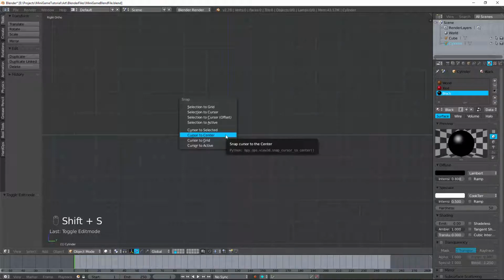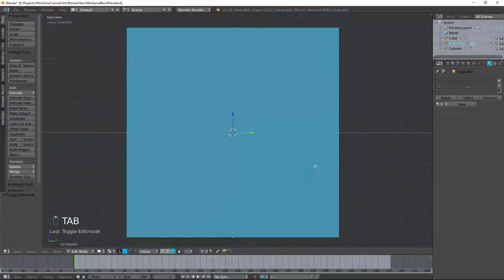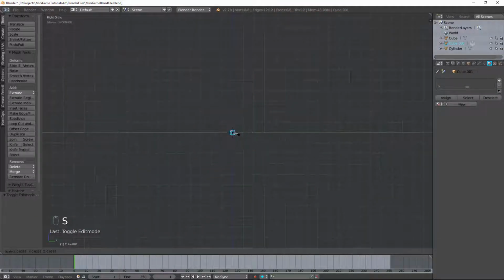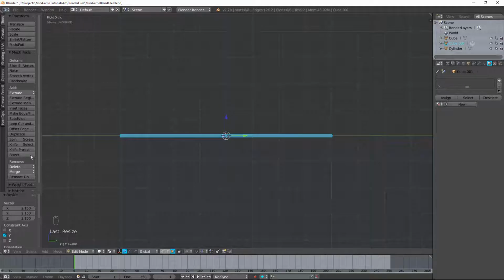Hit Shift S, make sure the center's still there. Shift A, let's make a cube. Tab into edit mode. Never edit something outside of edit mode. I went ahead and scaled that cube down, so this is going to be the arrow. S to scale, Y to constrain on the Y axis, and scale it smaller, scale along the Y again. I'm basically just making a shaft, and let's make sure